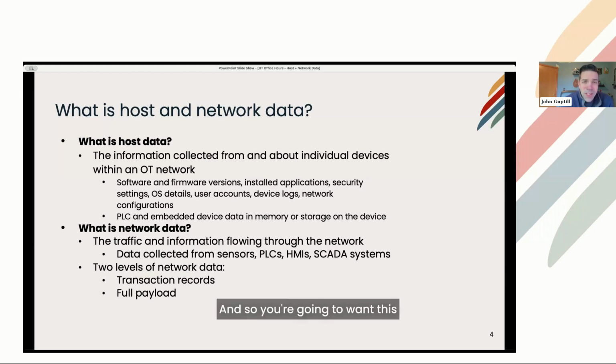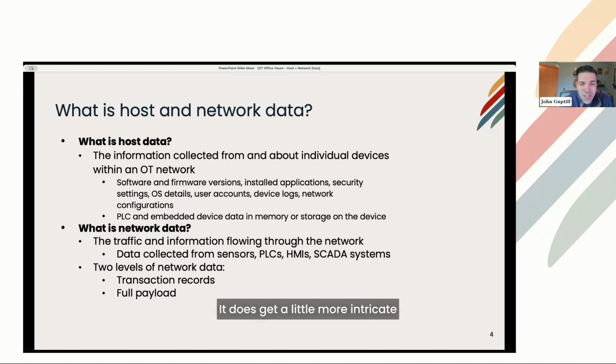And so you're going to want this individual data, and you want to aggregate that with your network data, which is sometimes what's passively going over the wire, what's collected from the individual items. But as Dan said before, you need to be able to confidently capture this from the different layers, making sure that you're getting controller data as well as getting your data higher up with your Windows machines or other things within the network, so you can get the bigger picture of bringing everything together.